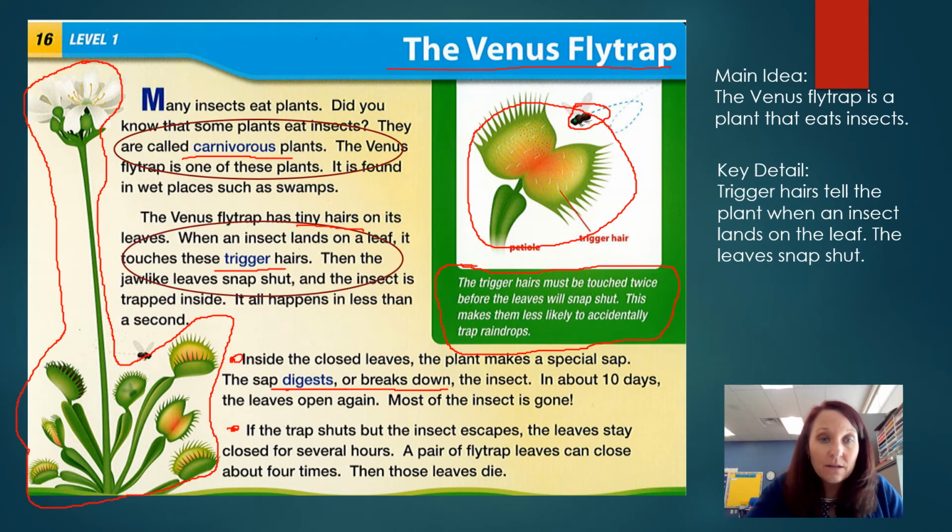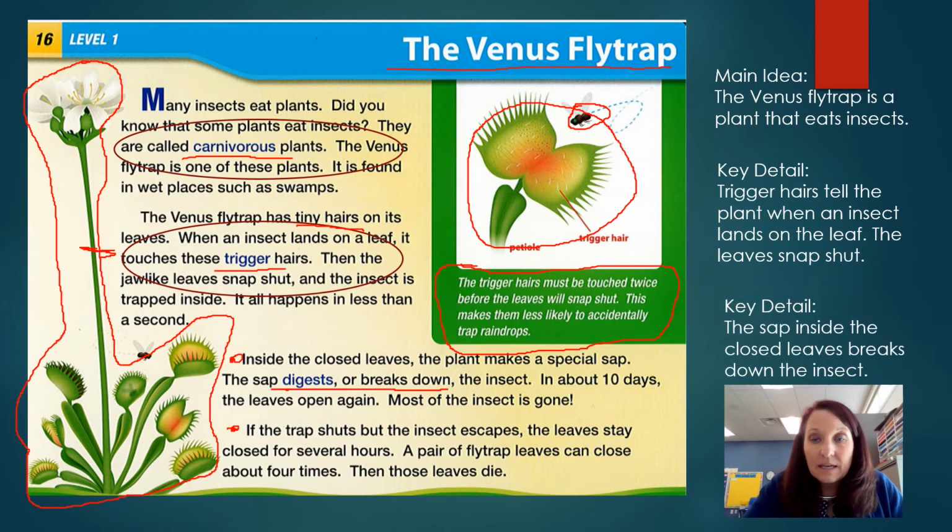Another key detail, and the evidence is over here in paragraph 2. I circled where I found the answer in the text. Now another key detail, it says a sap inside the closed leaves breaks down the insect. So I know that's another part of the process that the plant goes through in order to